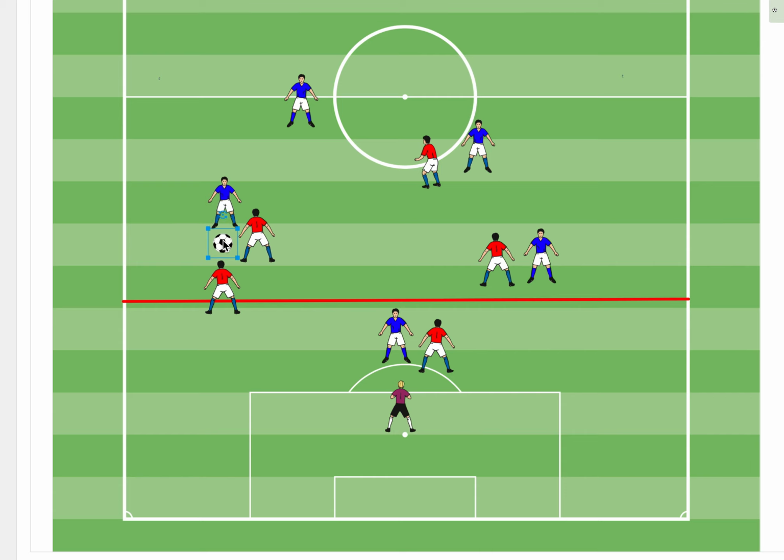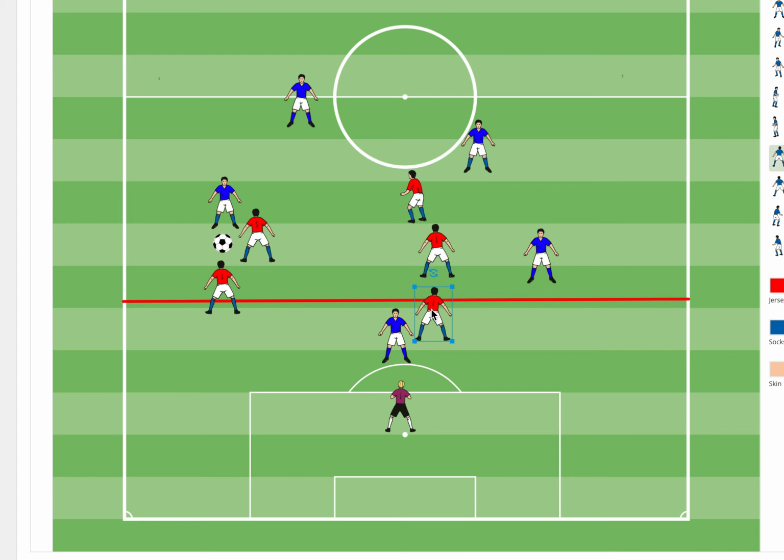So in this case, remember that when we are attacking, it doesn't mean that we are just going to go forward. No, and that's the reason I am recording this video. Remember that in order to create or find more openings for our teammates, we can play back, simple like that. We can play back.